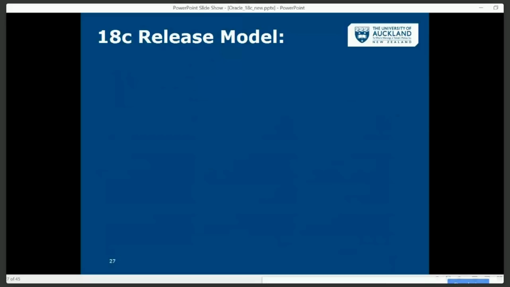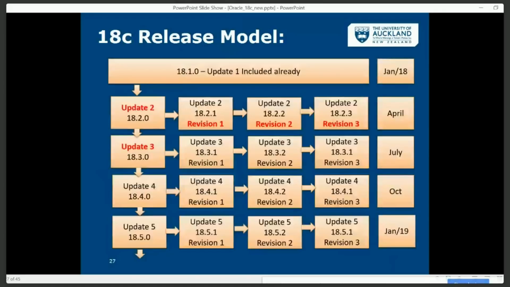Another thing is the 18C release model. As I explained earlier, in my first slide I will explain what the release model in 18C is. This is a big change from 12C or all the previous releases. Till now, we were getting quarterly PSU patches and bundle patches. But from 18C onwards, you will get